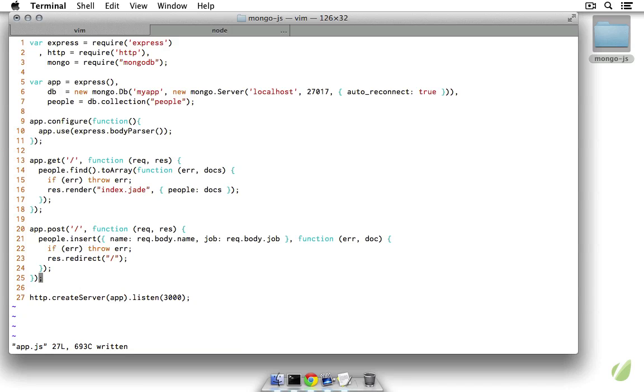So let's come back to our code, and we need to create a get route for /update/:id. That's how we define a variable within a URL, :id. Now this time, instead of just finding all of the people, we want to find a specific person. So we're going to say people.findOne